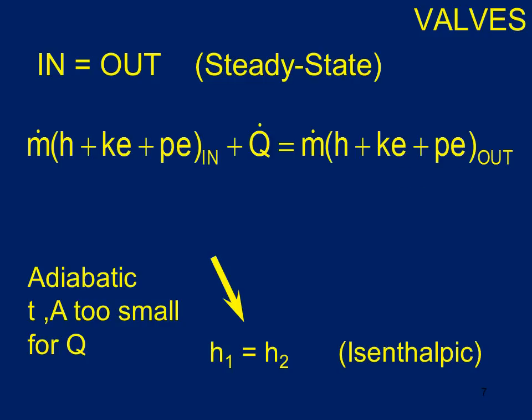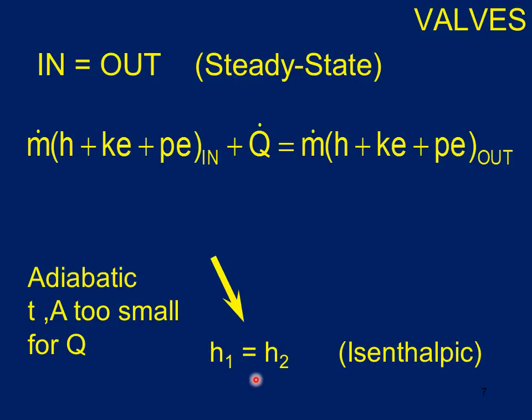Now valves, we often say, are adiabatic. Remember, adiabatic means Q is equal to 0. That's because the surface area of the valve is very small. Again, valves are small usually compared to the amount of fluid going through them, and so you need surface area to transfer heat. Take a look at your radiator and notice that it has a lot of surface on it. That's in order to transfer heat to the air from the liquid in the radiator. A valve has very little surface area, so it's going to have very little Q,